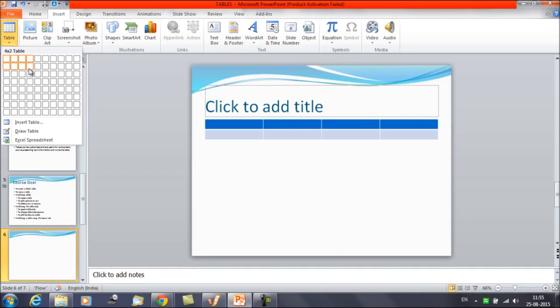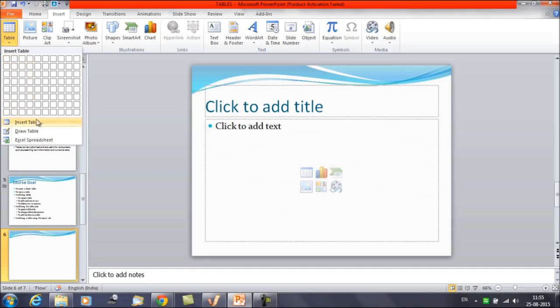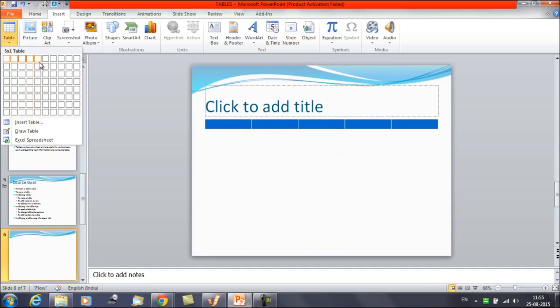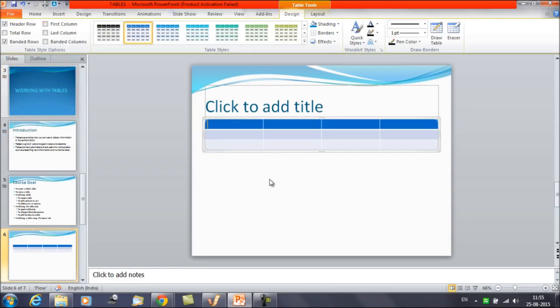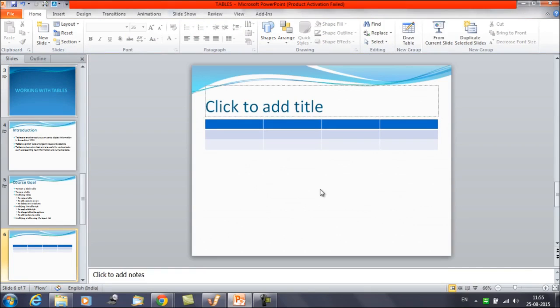If I move the mouse in the downward direction, then the number of rows are getting increased. So in this way, as per the requirement, you can select the number of rows and columns and insert the table here. This is the table inserted now. We have got a table with 3 rows and 4 columns.